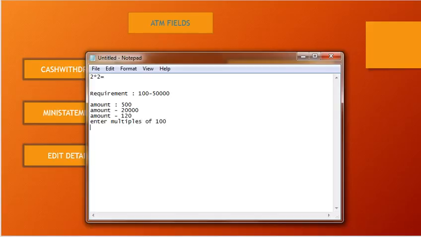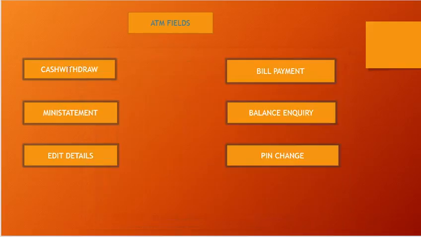That is, only combinations of 100, 200, 300 can be withdrawn. If it is not a multiple of 100, I can't withdraw, right? So based on the requirement, we are trying to understand how this cash withdrawal works for each and every value, right? So when I am trying to understand